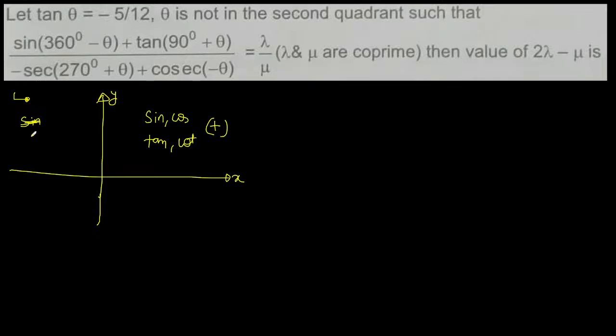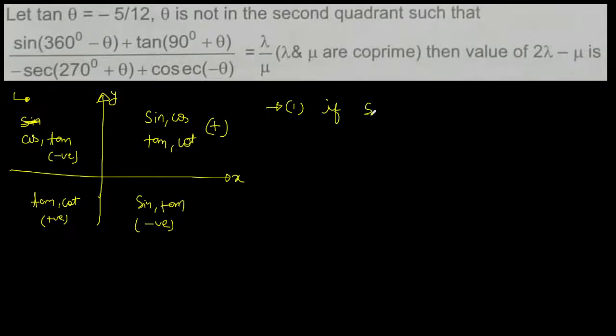You should remember that cos and tan are negative. If cos is negative, sec is negative, tan is negative, cot is negative. Here tan, cot positive, in this sine, tan negative. So we should be noting that